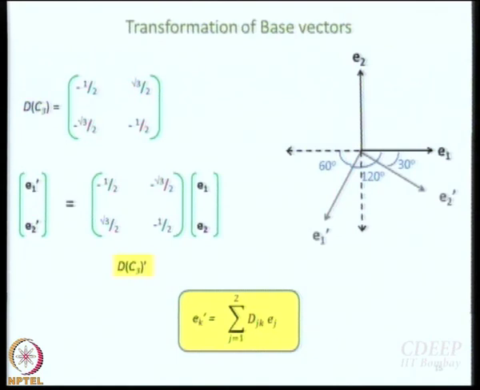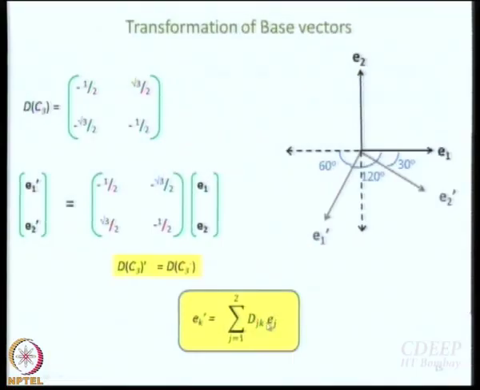What I am doing here is that generally it would be row multiplied by column, but here when I am working with this unit matrix, I can use the same transformation matrix that I get from transformation of coordinates and multiply not by row but by column. That is what gives me sum over j djk ej. What is the meaning of this djk ej?